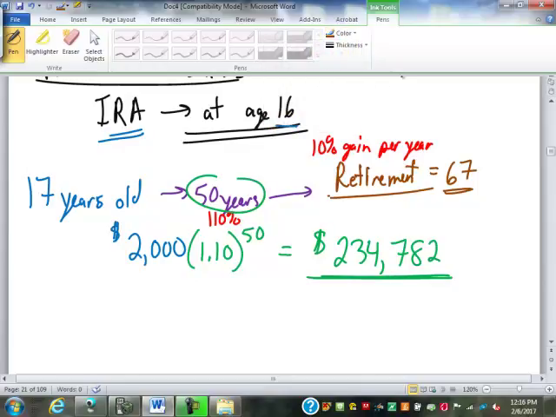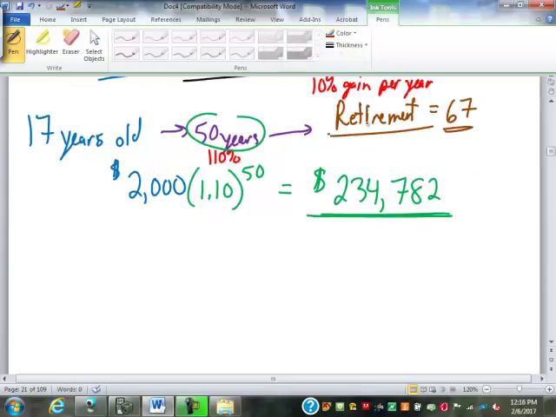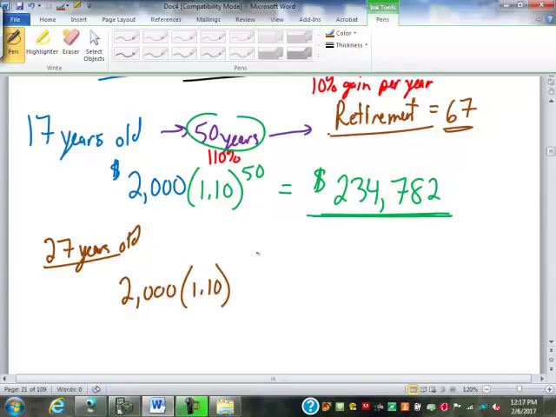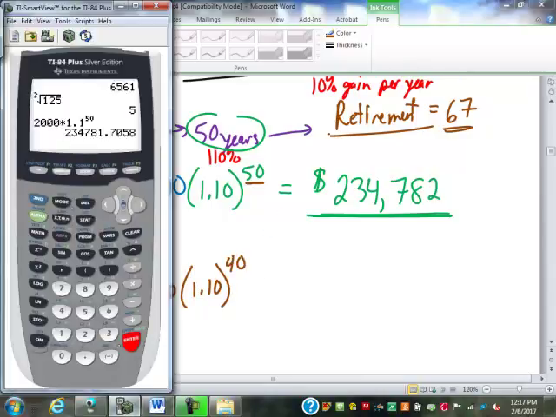Now, let's say you decide, I'm going to hold off, I'm going to spend that money on whatever. I'm going to come back when I'm 27 years old. Well, this formula now changes. The 2,000 is the same. Let's say invest the same $2,000. What changes is it's only there for 40 years. So if we change that 50 to a 40,